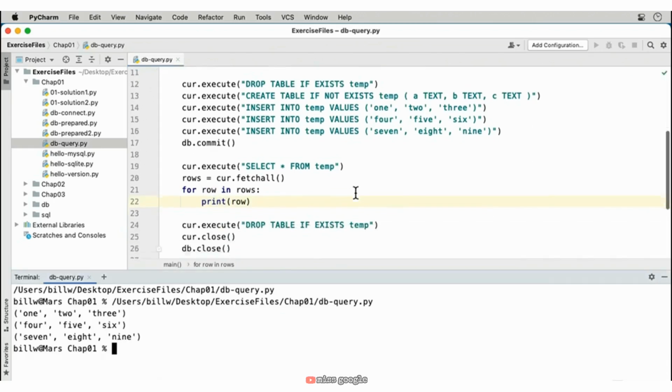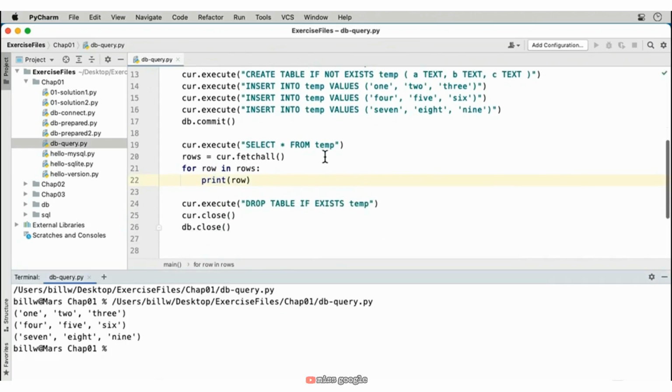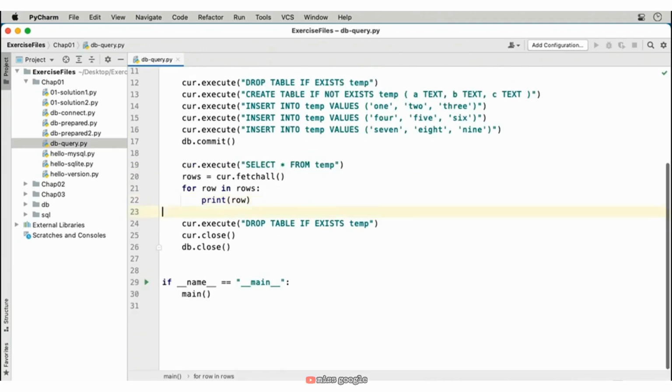The difference here is that fetchall will return all the rows in the table, and you have to have enough memory to hold all of that at once. And so more commonly, you're going to want to do this one row at a time. And you'll notice that down here, I close the cursor and I close the database. It's just always good practice to clean up. So these are some simple queries, and in the next lesson, we're going to talk about prepared